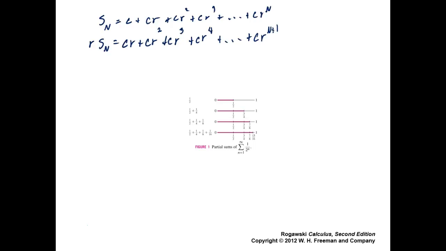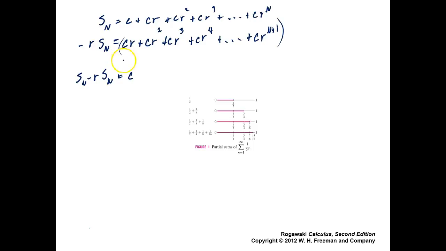All right. Now, what I'm going to do, and it seems like a strange thing to do, is subtract these two. I would have been tempted to subtract the other way, but they're doing it this way, so I'm going to do it. Subtract this one from the one above. Okay? So this would be S sub n minus R times S sub n is equal to